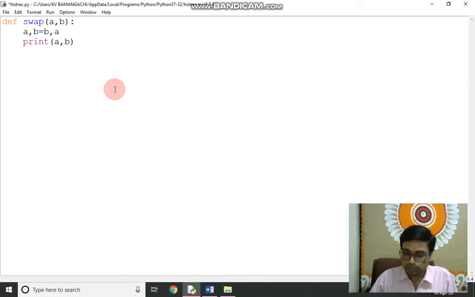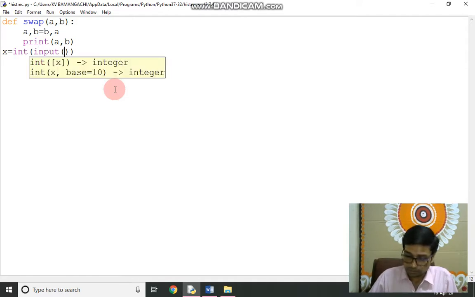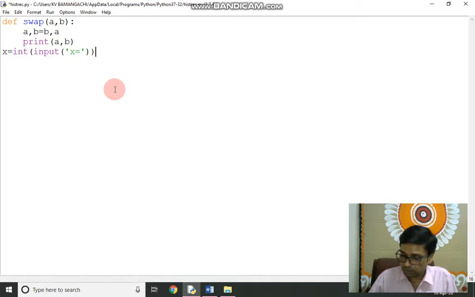Now we come to the main program. I want to give an integer at runtime, so we have to write the int input function. It will prompt the user at runtime, please input the value of x.